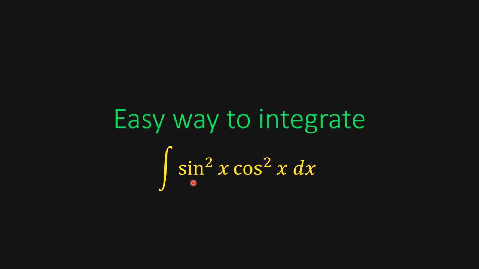I would like to integrate sine squared x times cosine squared x dx. The easiest way to integrate this is using trigonometric identities. So let's just remember that we have sine squared x equal to 1/2 minus 1/2 times cosine 2x,